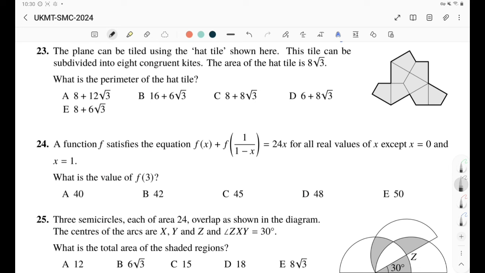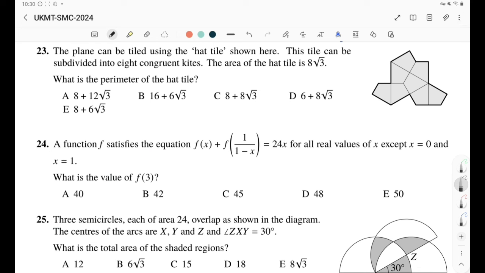You know what a kite is? A kite is just some shape like this, where this is equal to this and this is equal to this. So kind of you have two congruent triangles above and below. Anyway, we have 8 kites, as you can see in the diagram, and they're telling us the area of the